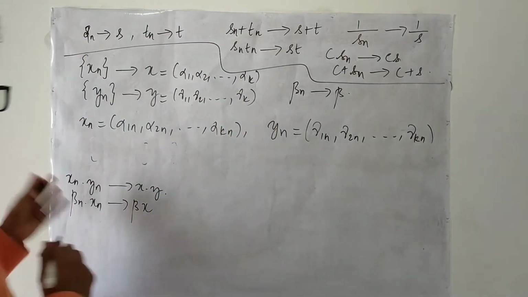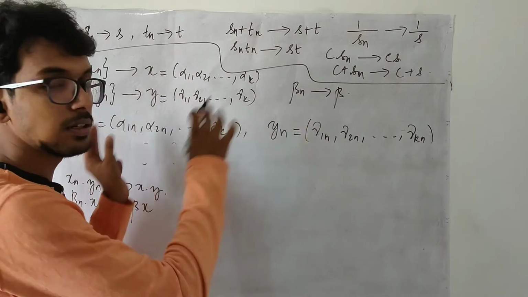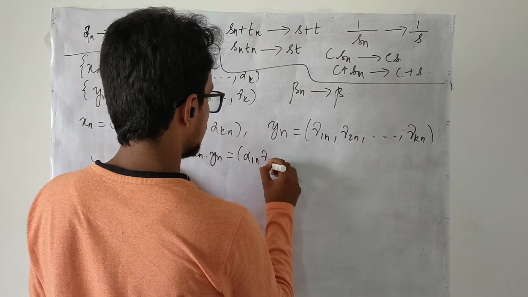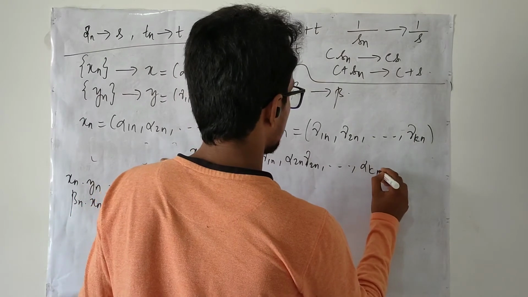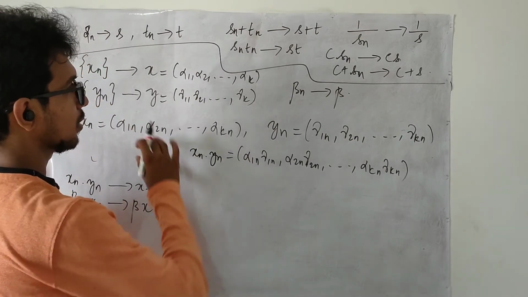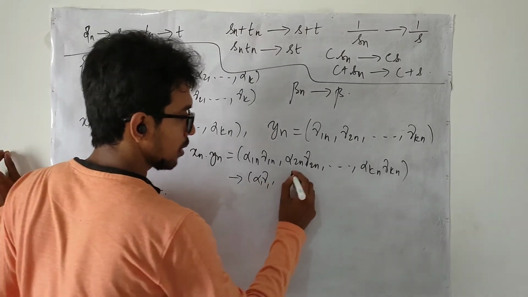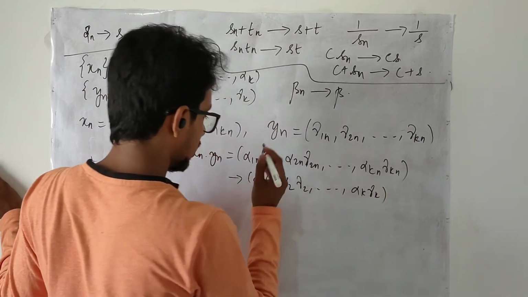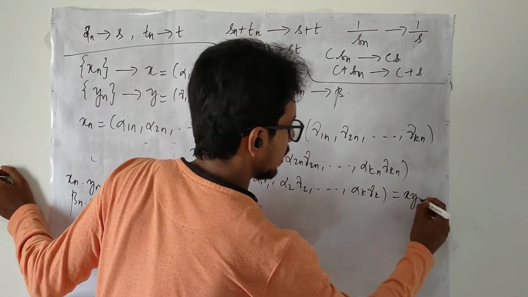Okay? Here, what do we mean by this product xn yn? A term-wise multiplication has to be there. Right? When we multiply term-wise, alpha 1n gamma 1n, alpha 2n gamma 2n, and it goes till alpha kn gamma kn. Now you may treat each of these as a separate thing, and using those ideas you may prove this converges to alpha 1 gamma 1, this converges to alpha 2 gamma 2, and similarly alpha k gamma k. And finally, if you separate things out, you can see this is simply xy, right?